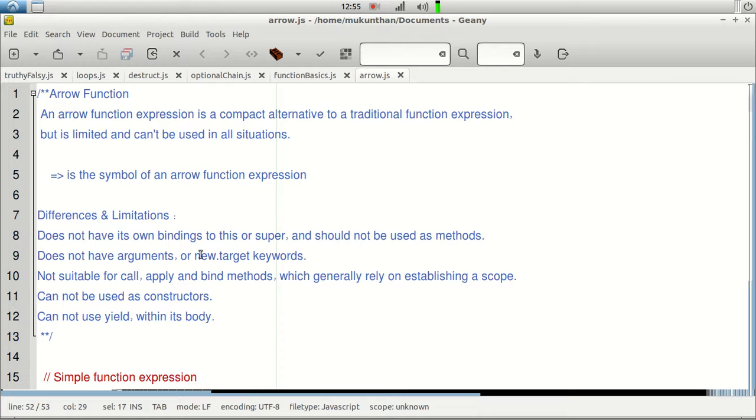When you connect the dots, when we see the super keyword, this keyword, and callback functions, the arrow function plays a major role. Even in arrays we have the method called forEach. forEach takes one function as an argument. In that scenario you are not going to write a function separately and pass it to the method. You will directly write the callback function right there. Those scenarios will make sense once you know about the arrow function. So this is all about the arrow function basics.